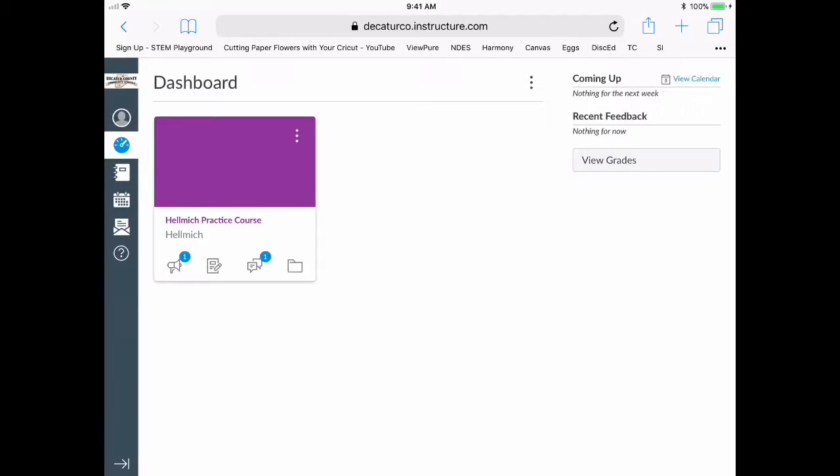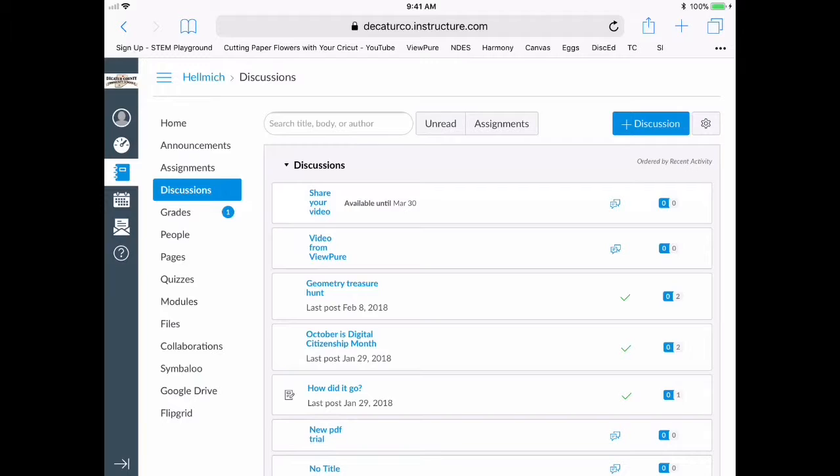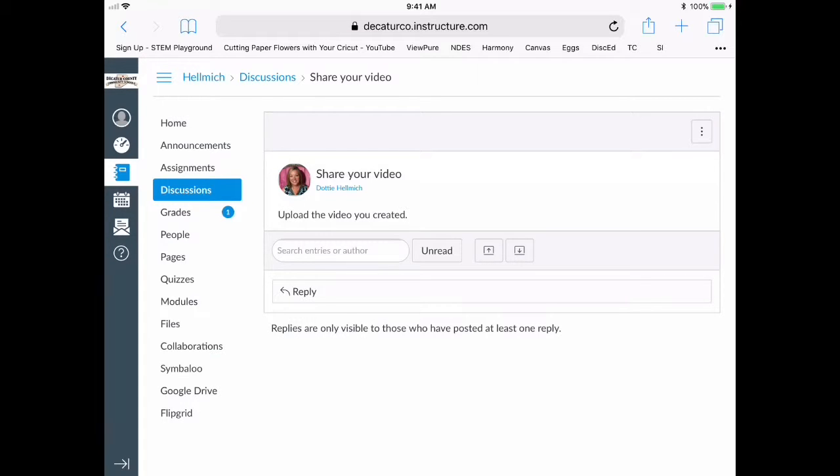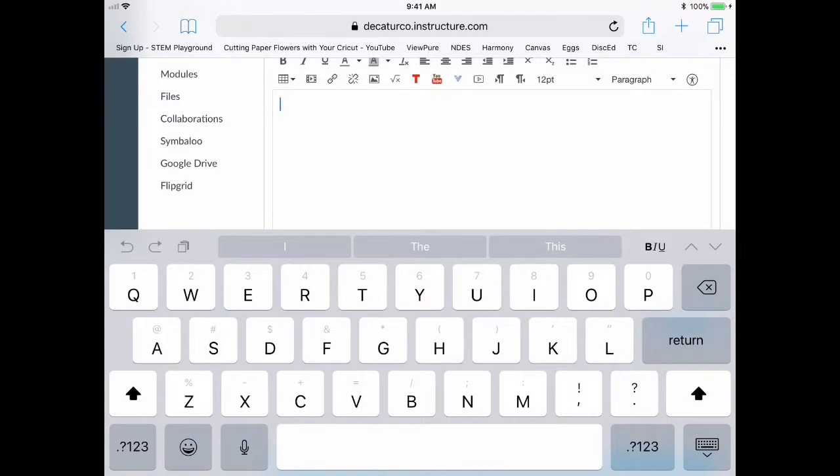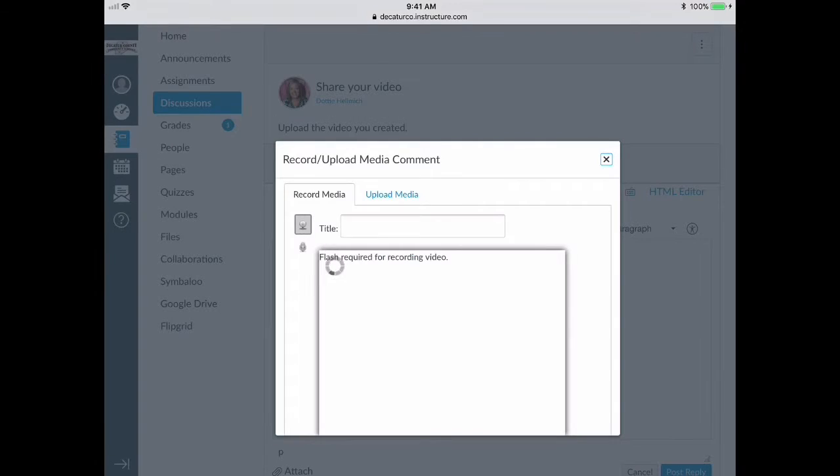So if you're using Canvas in Safari, the student would go to their class, open it up to discussions, find the new discussion and open it, and then they would hit reply, and then in this big rich content editor box they would go to the little media button, which looks like the play button beside the V, and they would choose to upload media